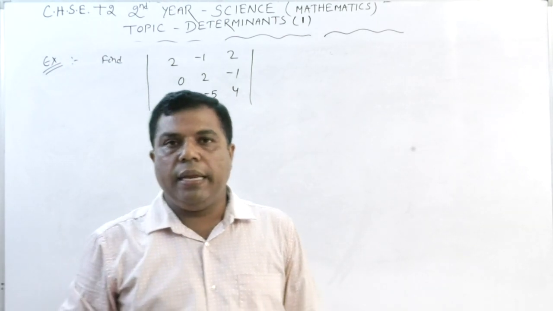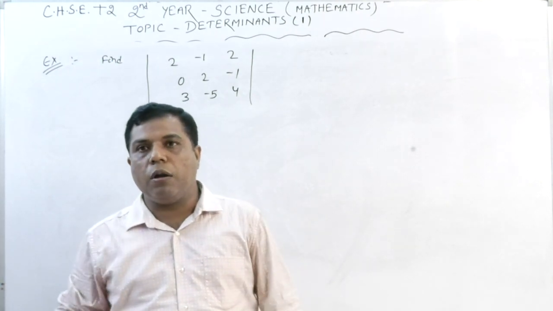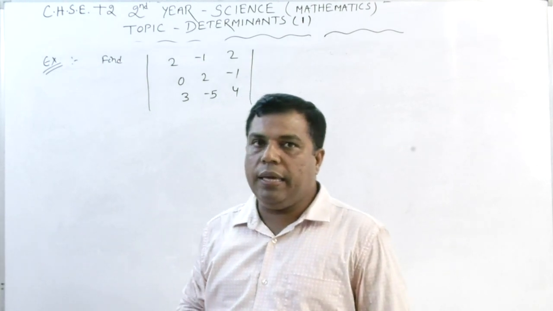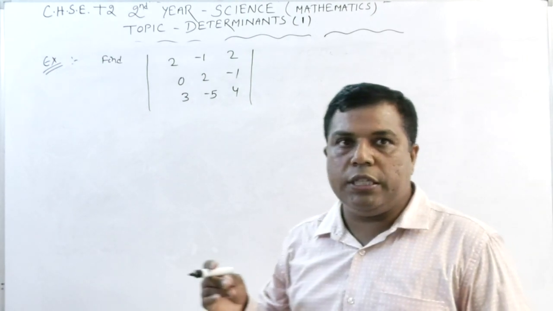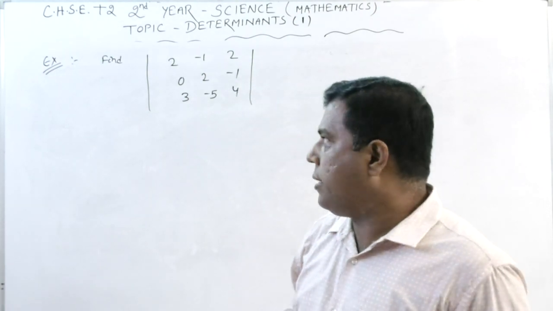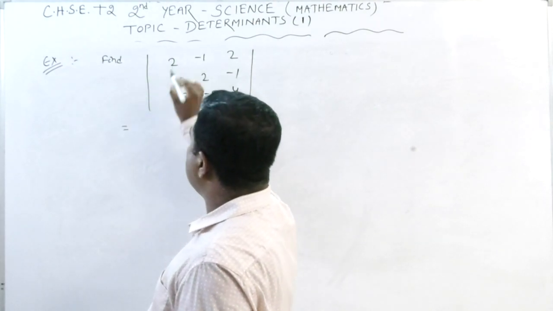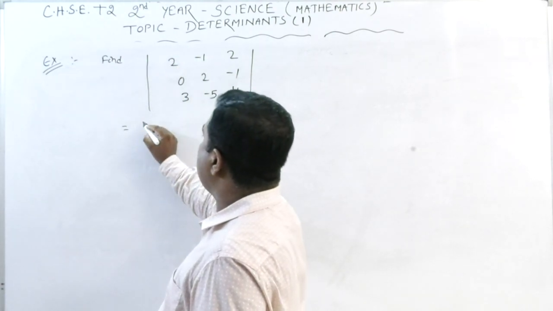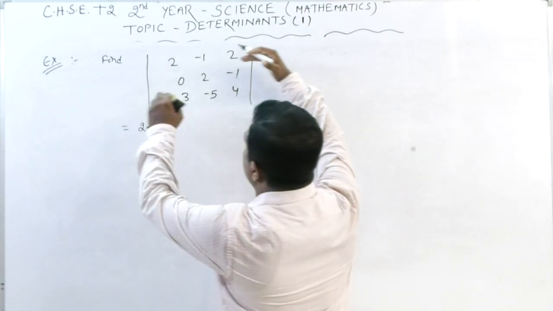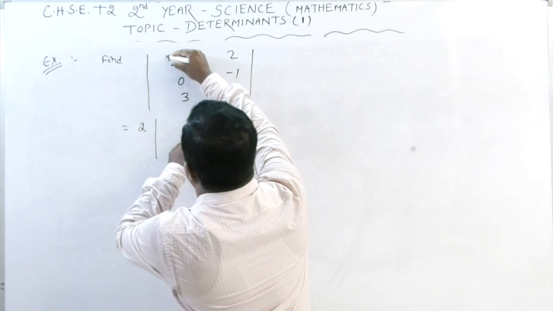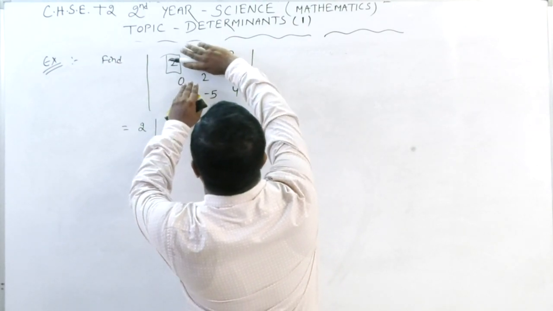If it is given in a square matrix form and asked to find the determinant value, first of all you have to convert it into determinant form, then you have to find the value. Now it is given in the determinant form, so there is no hesitation. I am going to find it directly. So in what manner is it evaluated? We will start from the first row and from the first element, that is 2. 2 is going to be multiplied with what? Now leave the row and column where 2 is present. Leaving the first row and the first column, what do you see? We will get